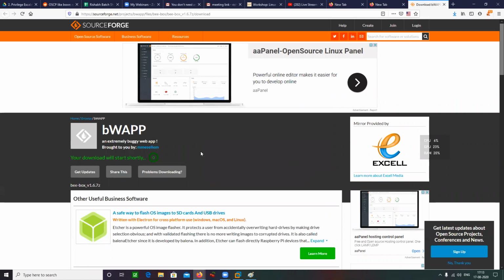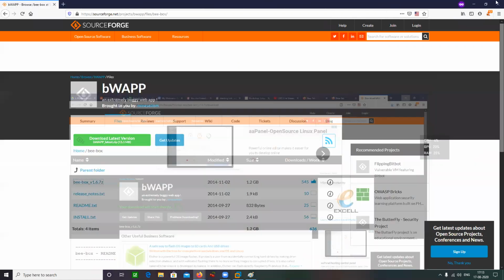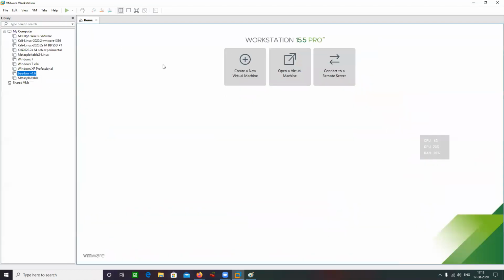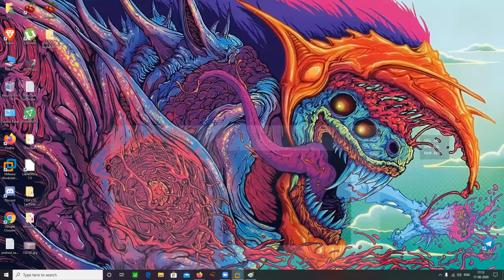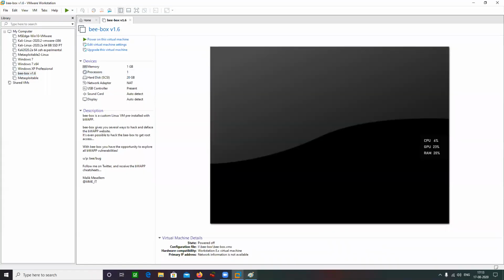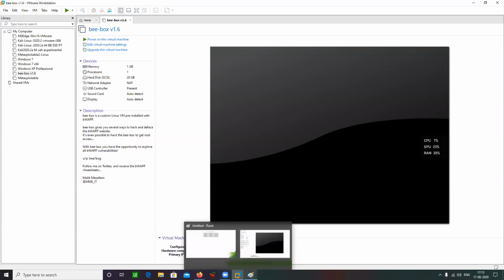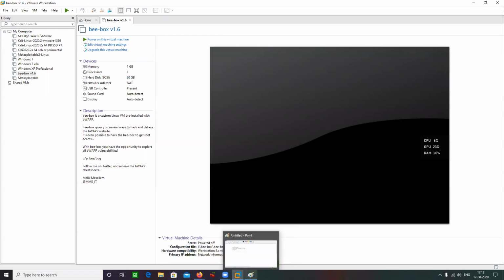Let's click on cancel here. I already have downloaded it, unzipped it, and configured it in my VMware. Okay, I have it here. This is my bWAPP. So we'll not start with any practical which requires bWAPP today, because you guys do not have it installed. Instead, what I'm going to cover is the basic theoretical aspect with respect to web application. That is what I'm going to talk about today.